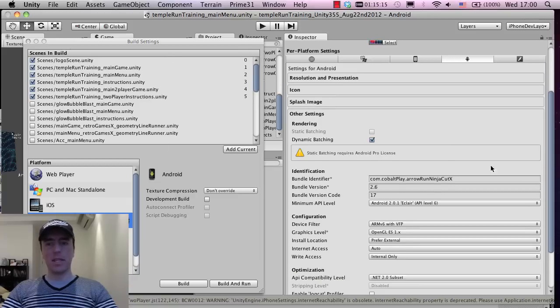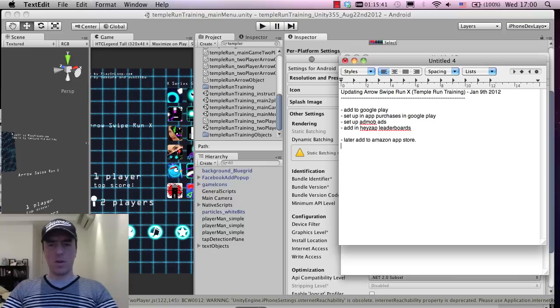Okay, that's cool. What I've also got to do is, because this was already available originally on the Google Play Market, I need to update the bundle identifier ID. This is basically like the signature of the game that Google Play or different app stores use to know which game this is exactly, based on the bundle ID. So I need to change this a little bit because this was an old one. So I'm just going to make a note here